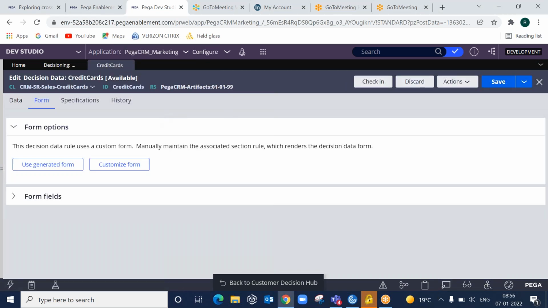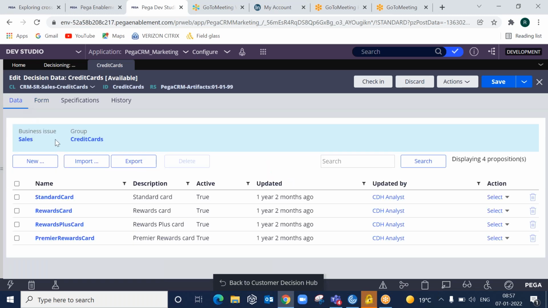Then I will save it. Now go back to the decision data.